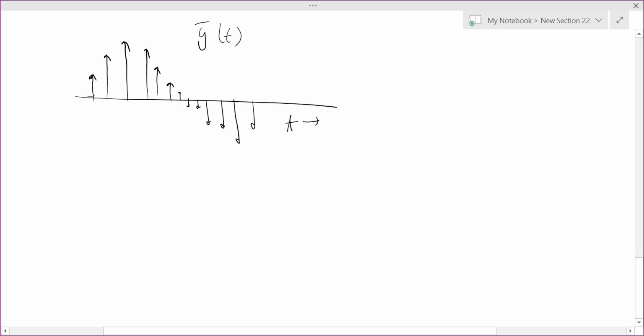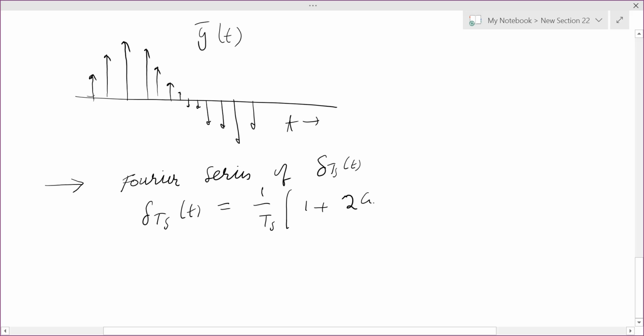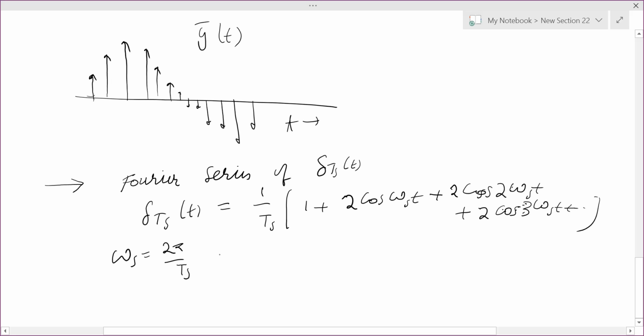Now we will not derive it, we can try it at our places, that the Fourier series of delta Ts of t, because it is a periodic function, is this: 1 over Ts times 1 plus twice cos omega s t plus twice cos 2 omega s t plus twice cos 3 omega s t, and so on and so forth, where this omega s is 2 pi by Ts, which is 2 pi fs. So fs is equal to 1 by Ts, the sampling frequency. Okay,